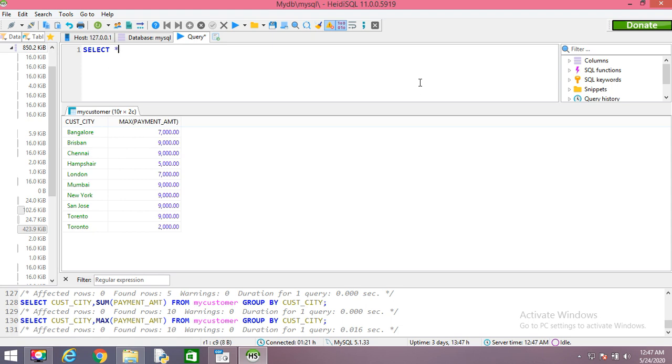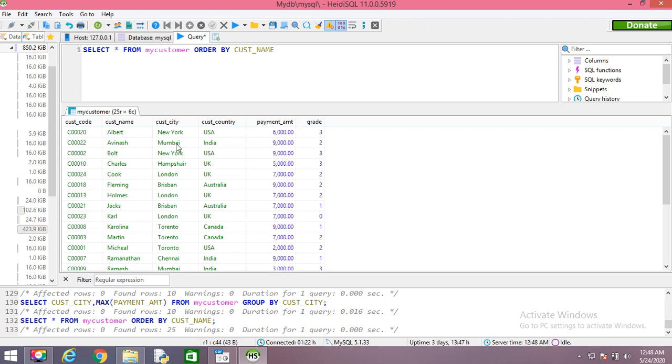So select asterisk, meaning select all the columns, from the table my customer, and order by customer name. So as per the customer name, the records are arranged.